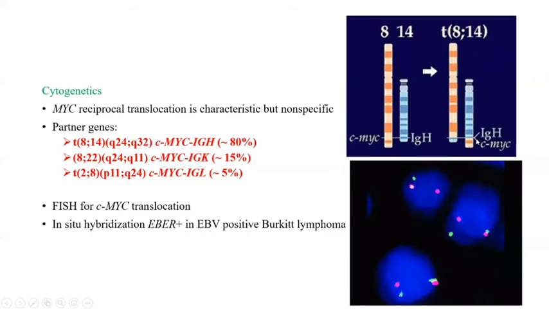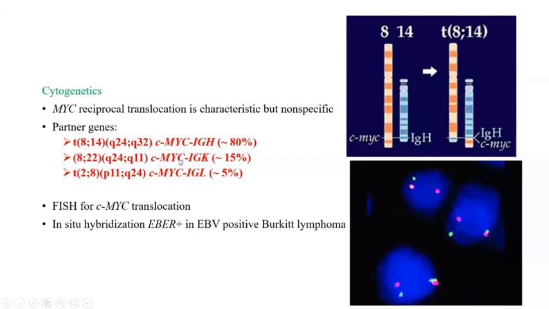So this fusion product can be picked up by FISH. So what is FISH? FISH is a fluorescent in situ hybridization technique, which is used to detect this translocation. So you can see this is a single signal, and this is a fusion gene product of the c-MYC and IGH locus. So these are single c-MYC genes, this is the IGH locus, and when they fuse, they give a different color signal. So this is how we detect translocation, and Burkitt lymphoma will have the c-MYC IGH translocation. This is very characteristic, and 8;14 is present in 80% of the cases, and the remaining 15% can also have other partners of translocation like IgK and IgL. So it can be detected with FISH.